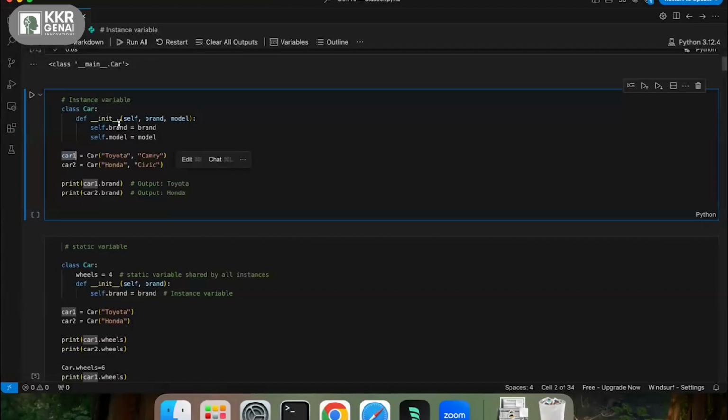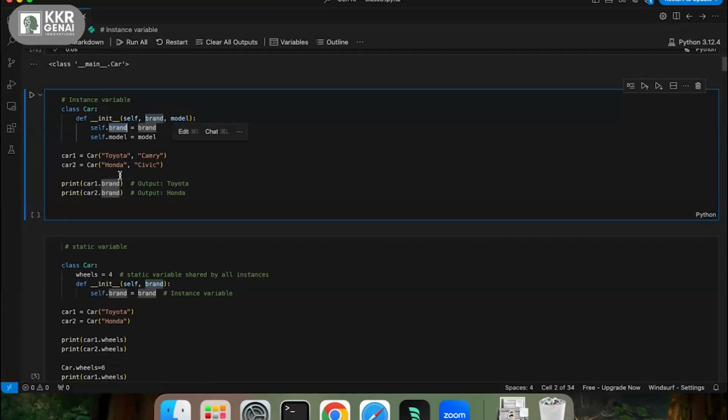So here I'm creating two objects with instance variables. This is an example of instance variables: if I print car one dot brand, I'll get Toyota. If I print car two dot brand, I'll get Honda.